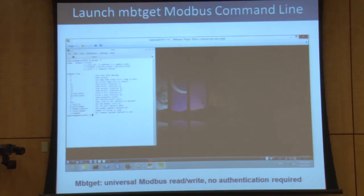It's got another tool in here that, again, is open source, MBT Git. It is a Modbus read-write capability. So earlier when I showed you how